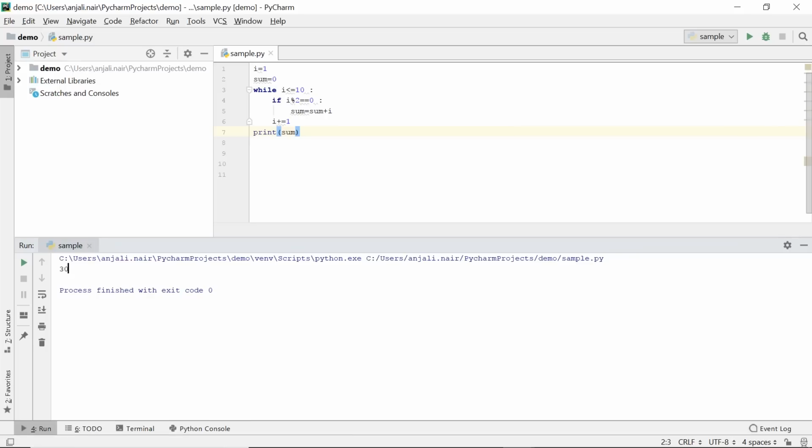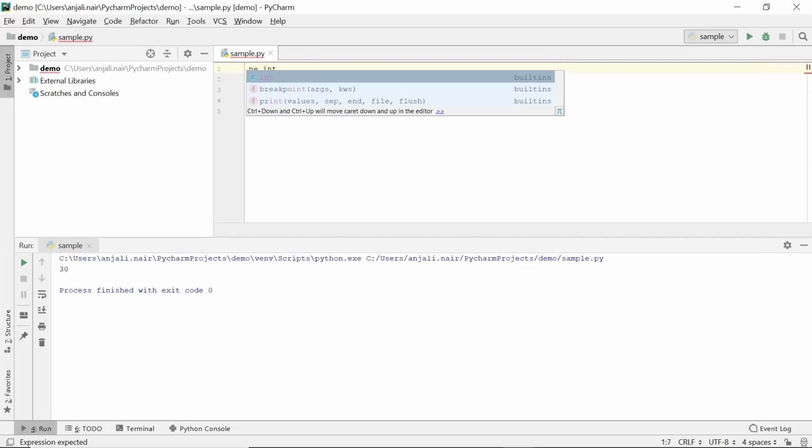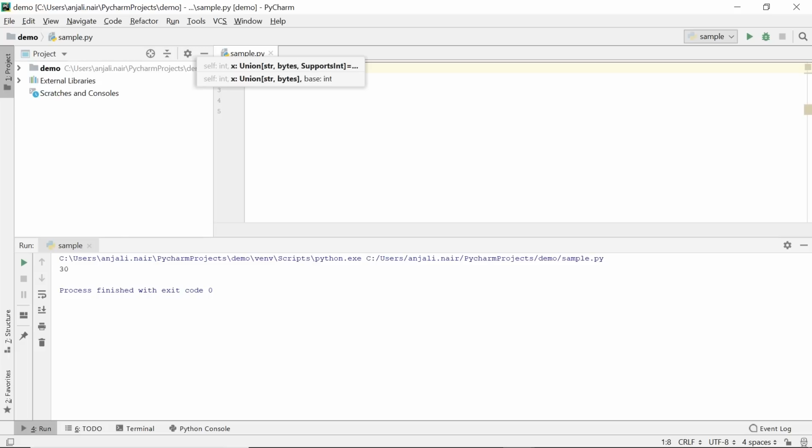Now let's explore the while loop for the very purpose it was made, that is to run a certain code an unknown number of times. So for this demo, we'll work on reversing an integer. So the first thing we do is we need to take the input from the user. So the user will give us the integer, and I'll store my input in the variable n. We also need to convert the input from the user into an integer because it'll be provided in the string format. So we have the int function within which we'll have our input function. Now we'll declare another variable nr, which is basically our reverse n, and this will be initialized to 0.